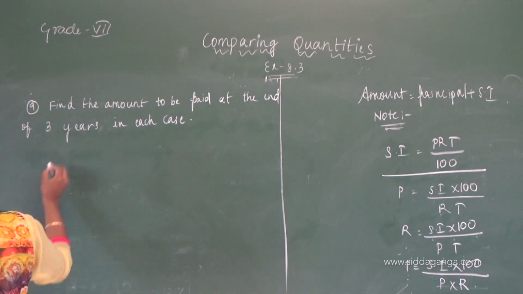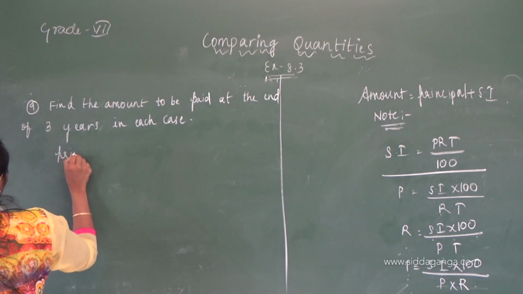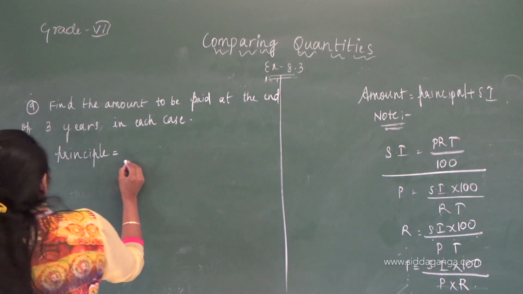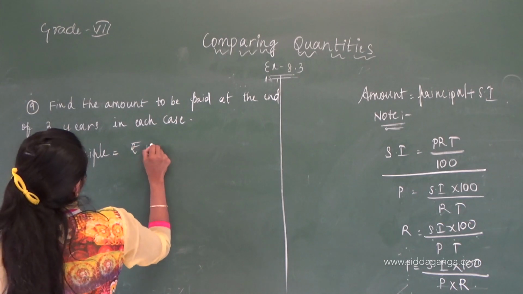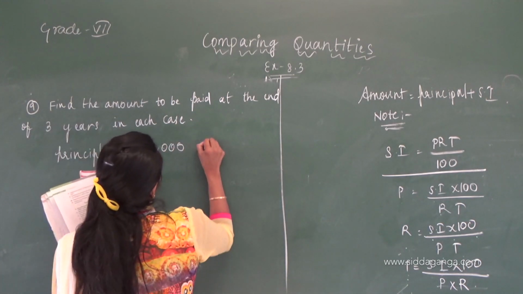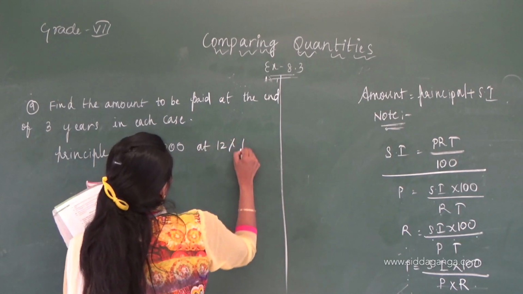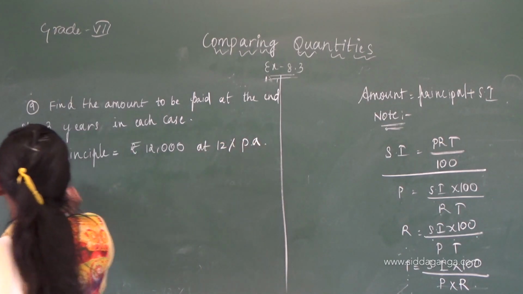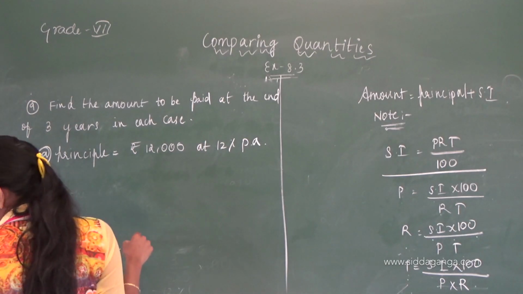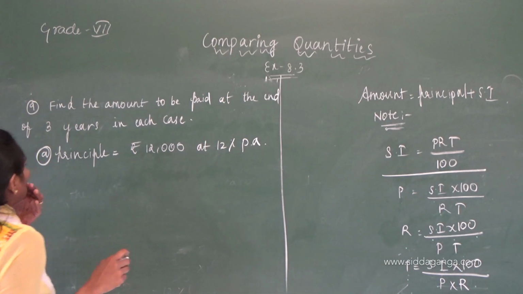One is principal equals rupees 12,000 at 12% per annum, and